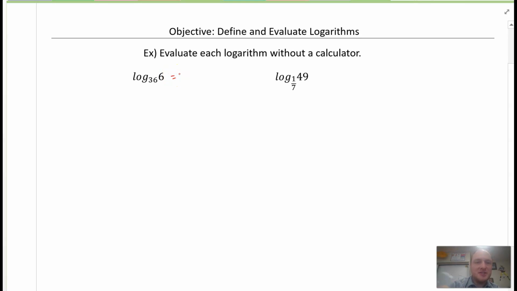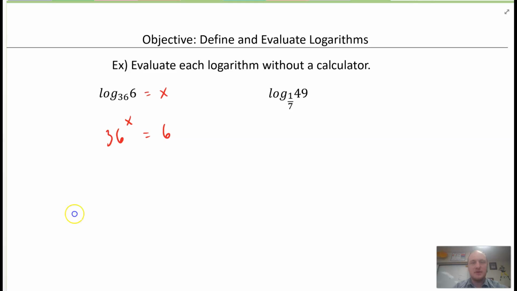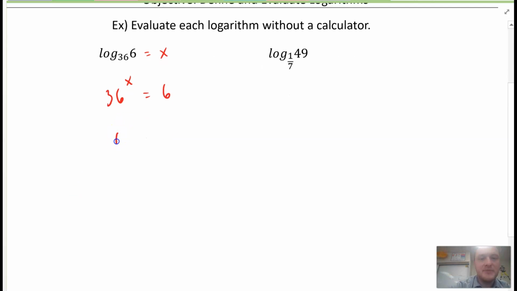So we have log base 36 of 6, and I'll set this equal to a variable, x. Next, I'll rewrite from logarithmic form to exponential form. So base 36 is 36, and inputs and outputs switch. So 36 to the power of x is equal to 6. Okay, and now here, notice these are both family of 6s, right? Can't I rewrite 36 as 6 squared? Sure. Okay, so this is 6 to the power of 2x is equal to 6 to the